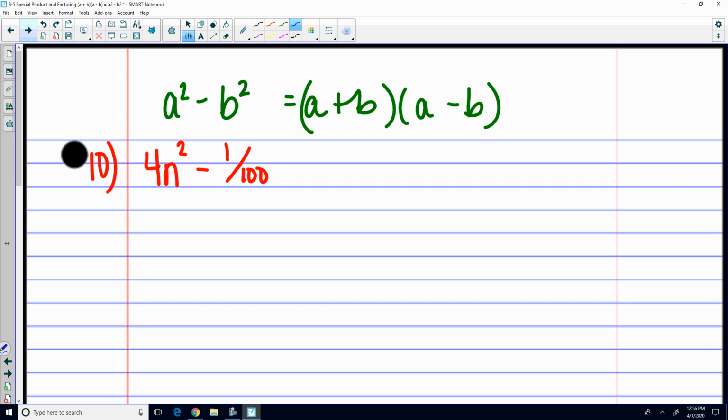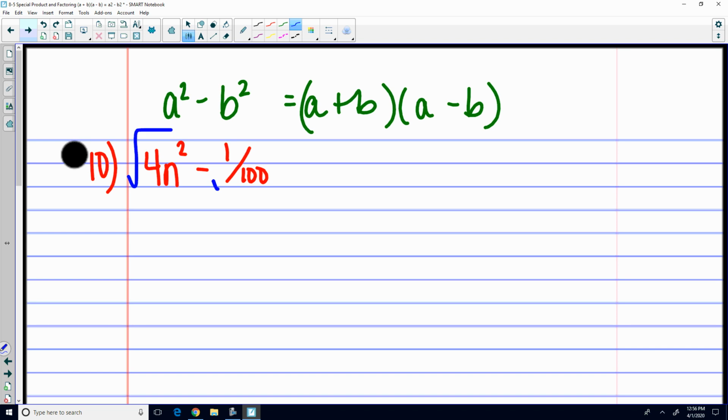Next problem, let's see what we got. I threw in a fraction, or the book throws in a fraction for you. 4n squared is a perfect square. 1/100th is a perfect square. Now, when you look at a fraction, you need to consider the numerator and the denominator separately. Is 1 a perfect square? Yes. 1 times 1 is 1. Is 100 a perfect square? Yes. 10 times 10 is 100. So since the numerator and the denominator are perfect squares, we can go ahead and take a square root of